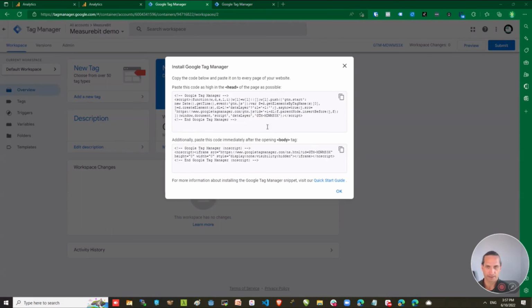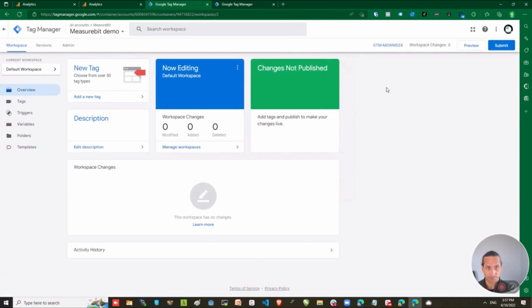And now it's going to give us these tags, so you want to copy these into a notepad, because if you need to add these tags to your website, the first one goes into what's known as the head, which is not the banner at the top of your page, but it's actually the hidden part. The head is all the JavaScript and CSS that loads before the rest of the page loads, right? And so if I were to look at the head of this page as an example,